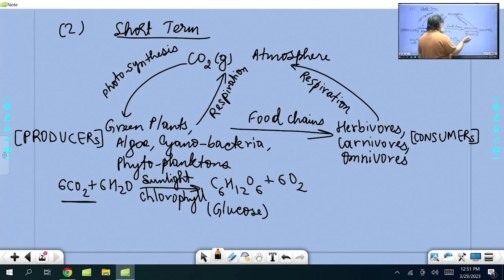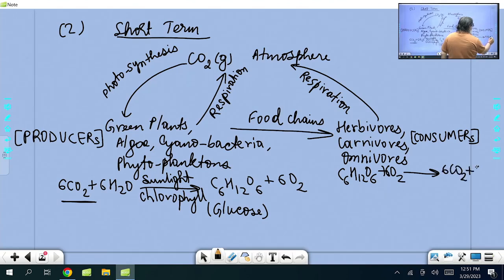So what is respiration here? Respiration is where glucose, C6H12O6, in presence of 6 molecules of oxygen, gets broken down into 6 molecules of CO2 plus 6 molecules of water vapor, plus it releases energy called ATP, 32 ATP. And where it takes place, there is a special cell organelle called mitochondria, which is called the powerhouse of the cell. So within the mitochondria of the cell, the glucose gets broken down in glycolysis, and energy, ATP, is released.